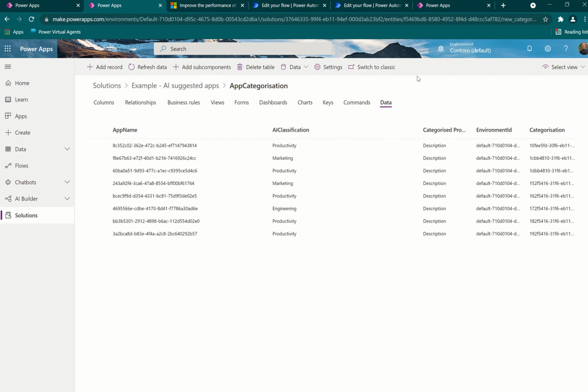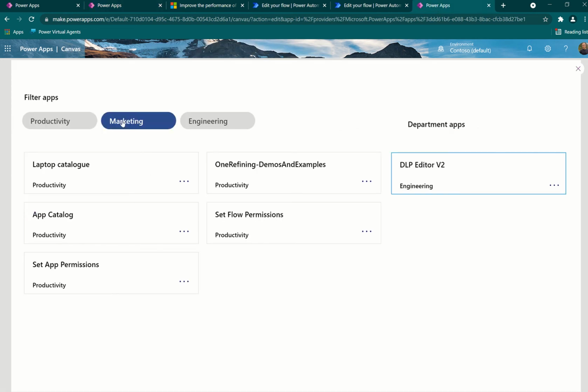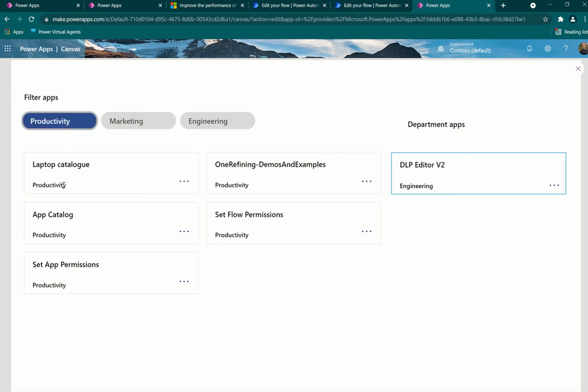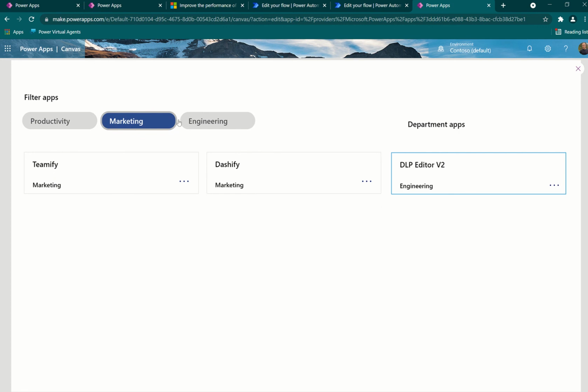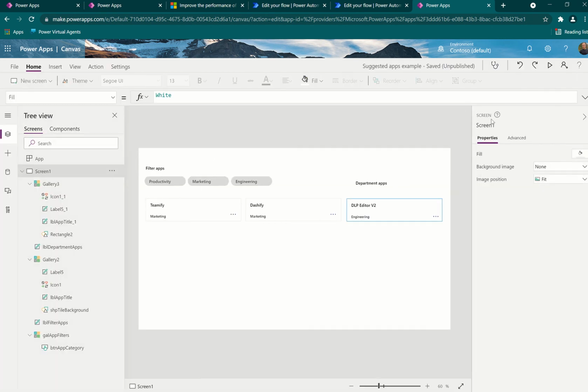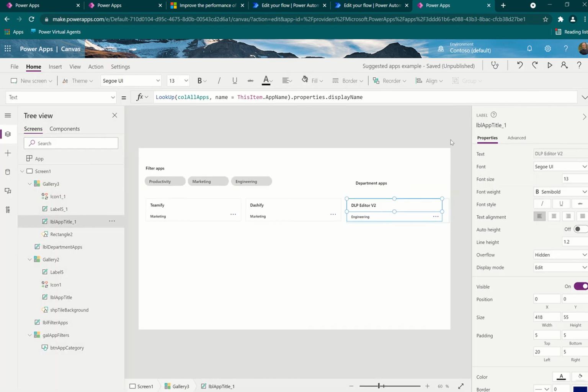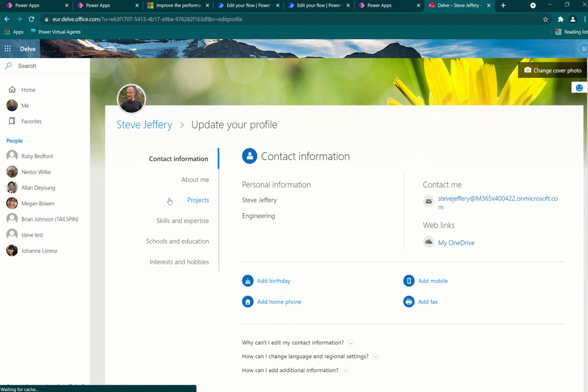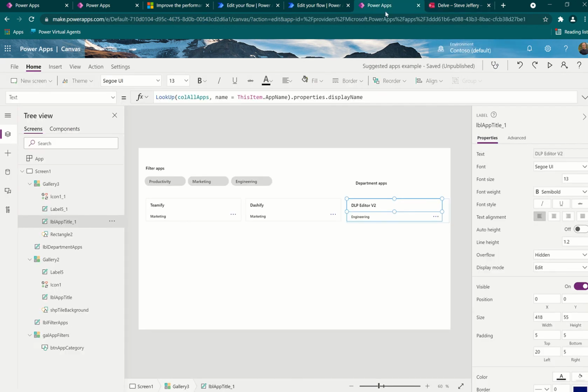Okay, so back to the data. So here's our data. Now into the app. So I'm now able to filter based on the tag. So I have a tag for productivity, which is just general apps. These are the tags. This piece here is based on the user of the app. So if I look at my profile, and if it's going to be updated just yet. Don't think it will be. Yeah, so there you go. So I've added in my own profile, I've said that I'm in the engineering team, and this